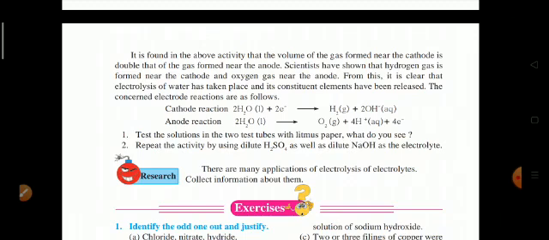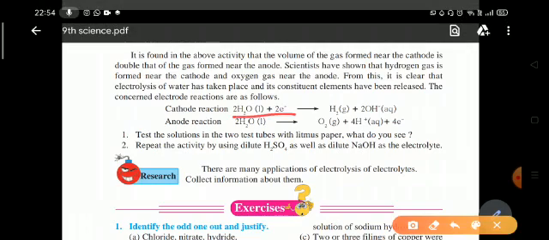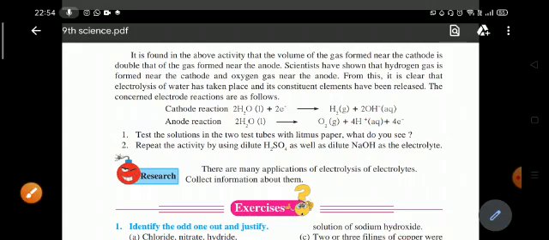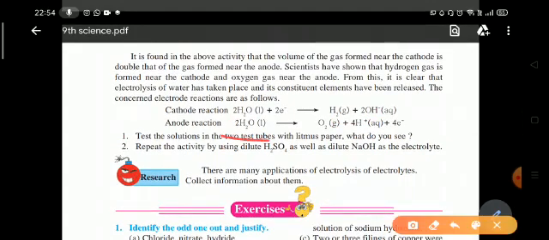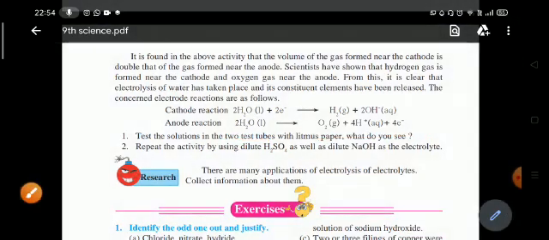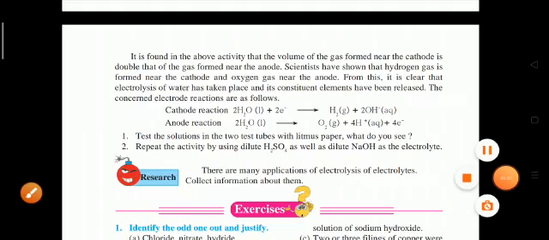What happens when electrolysis happens? Cathode reaction, what happens on the cathode when water, that is H2O, is dissociated? 2H2O plus 2 electrons gives H2 plus 2OH minus, whereas on the anode, 2H2O is converted to O2 plus 4H plus plus 4 electrons. This is all about chapter number 5, acids, bases and